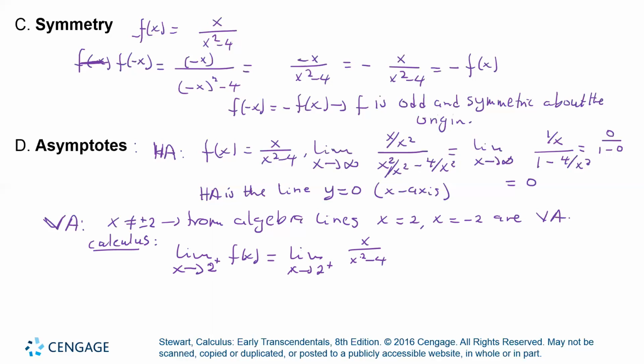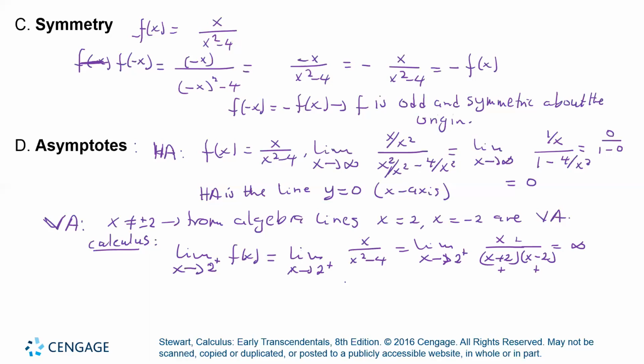Here I want to know just the sign of what is happening. So basically we have the limit as x goes to 2 from the right of x over x plus 2, x minus 2. So what would that equal? Now, if x is approaching 2 from the right, this will be positive, and that will also be positive, and then that will be positive. So this gives me positive infinity,